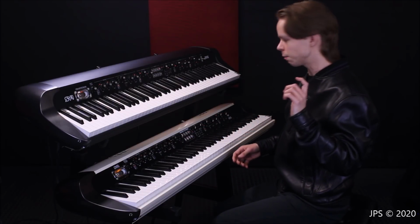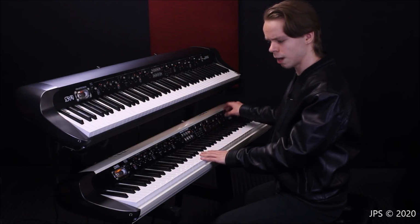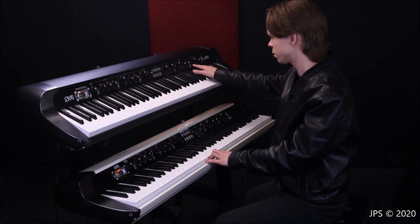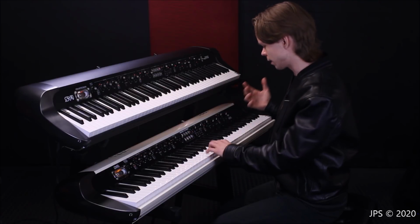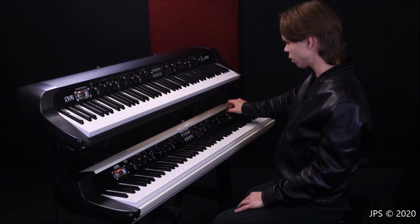One other thing I wanted to briefly mention here is the reverb of the Korg SV-2. I'm not a big fan of it. I was hoping that it would be upgraded, because honestly the reverb of the SV-1 wasn't really that amazing in my opinion. One weird thing I'm noticing here, specifically with the Wurley sounds, if you go to the hall reverb